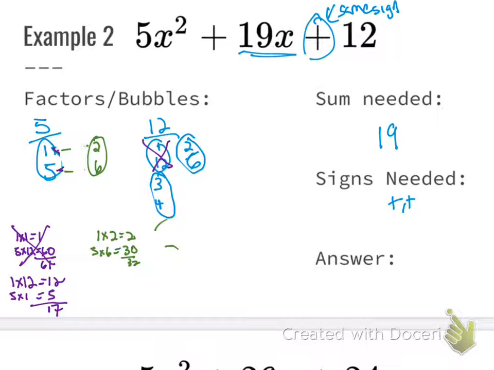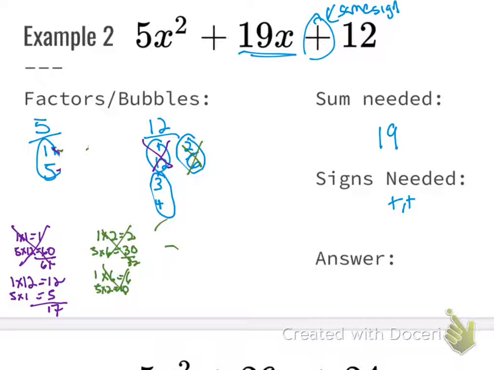So let's go across again, and we'll crisscross it. 1 times 6, which is 6. 5 times 2, you can see where this is going, is 10. 16, not going to work. So I can erase those. I can rule out that bubble. So now I'm left with